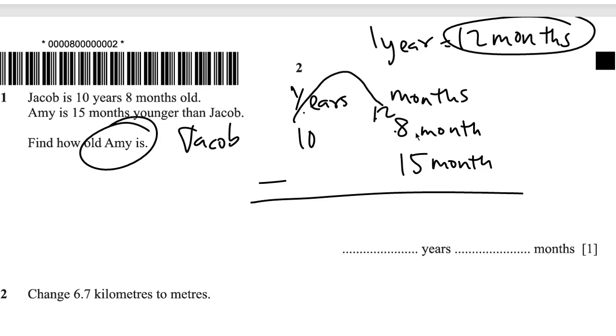So as we've moved over 1 year, this becomes 9 years, right? And then it has moved 12 months, which is the 1 year, right? So 12 plus 8 is 20, and then 20 negative 15 is 5. That's 5 months, and then we have 9. So that means that Amy is 9 years 5 months. Second question says,